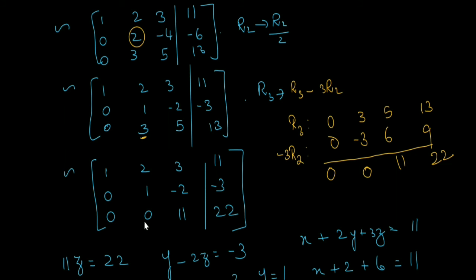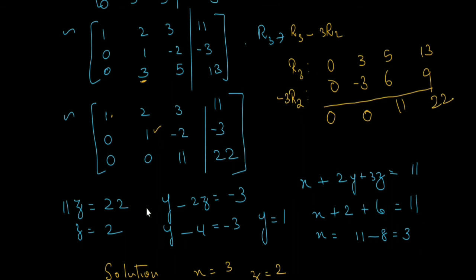Now this is in the echelon form. How do you know this is in the echelon form? Take the first row, first element, that is 1. Just see that all the entries below 1 are zeros. Yes. Now come to the second row, the first non-zero element, that is 1, that is called the pivot element. Below 1, just check whether you have zeros. Yes. So it is in the echelon form.